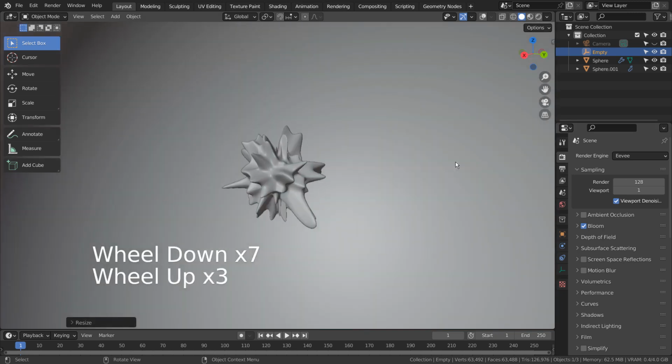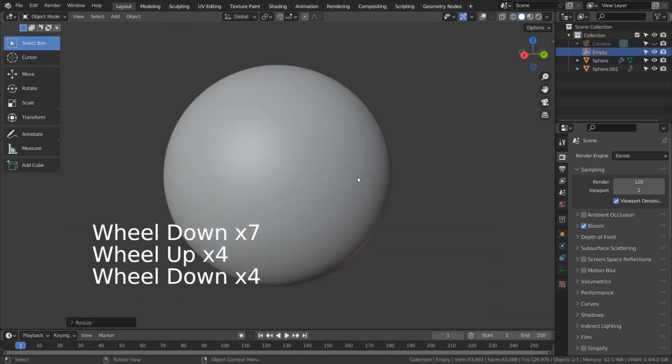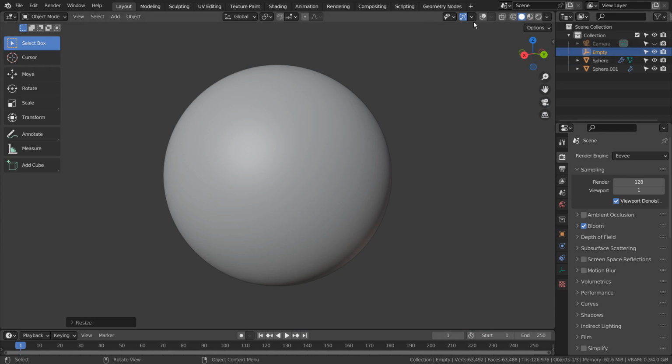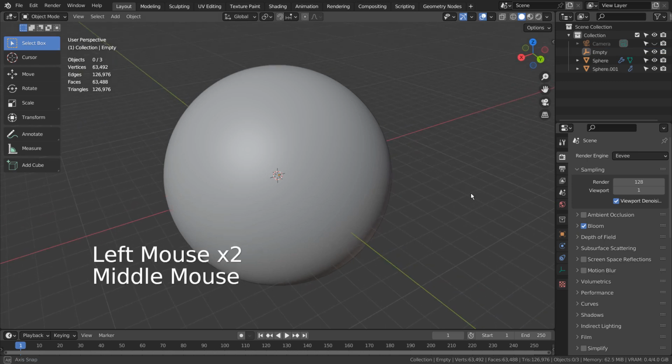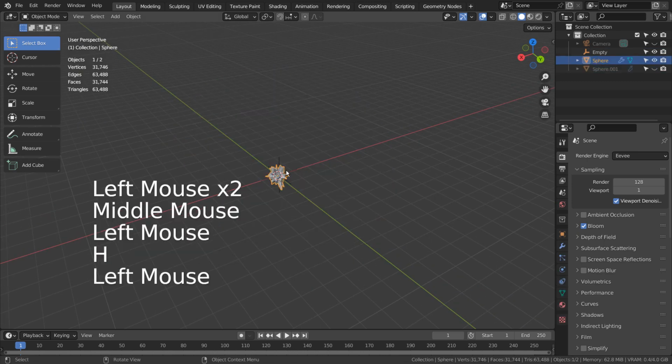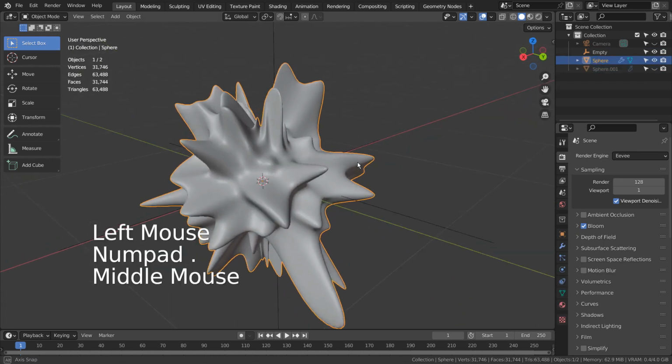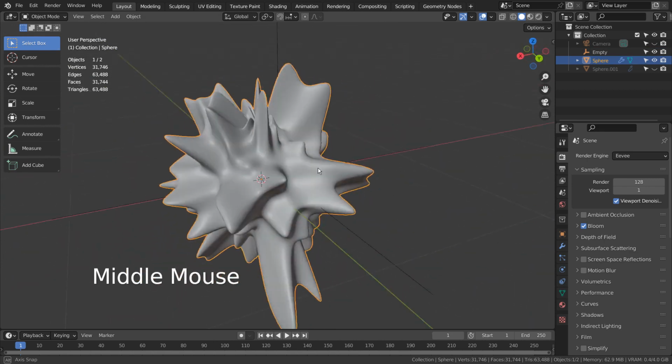The outer sphere was used to block the environment light. This is an ordinary sphere with displacement and subsurf modifiers added.